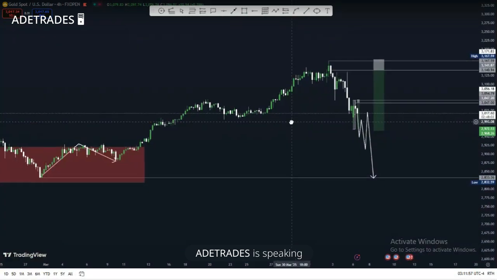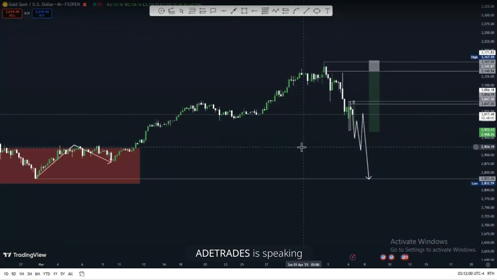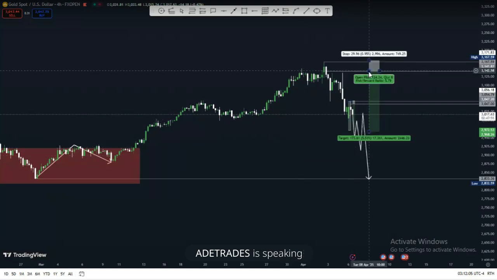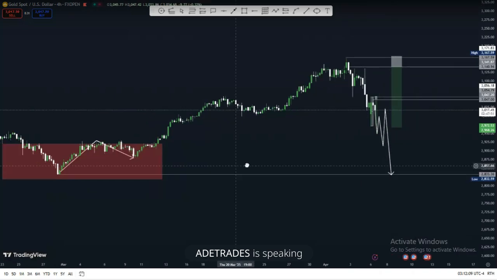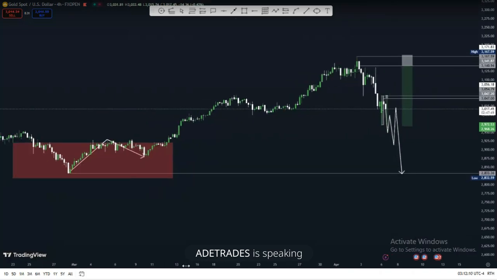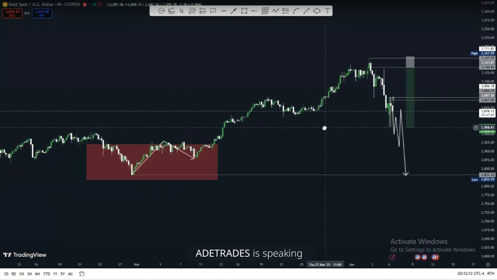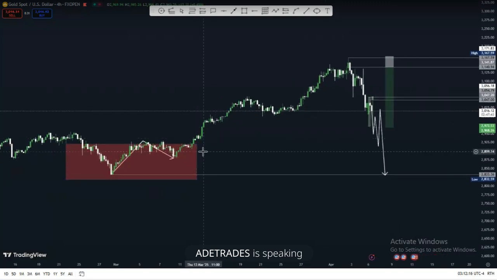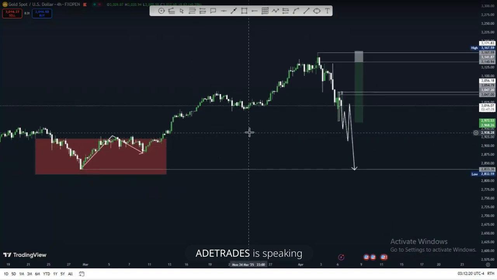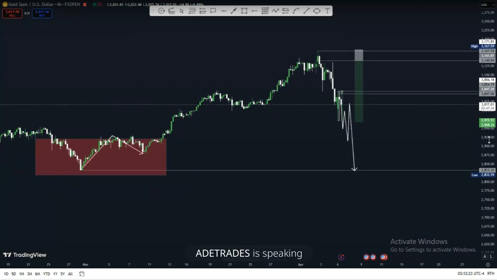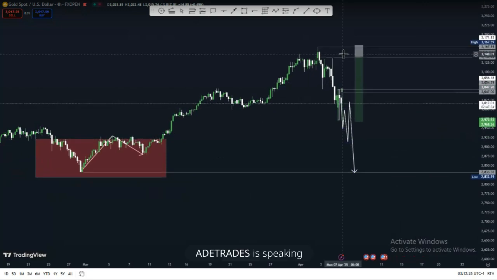So I'm expecting, right, for gold to come back to this area, push these ones out, then drop off to this area. The main thing is just know where price is coming from and know where price is going to, right? Once you know where price is coming from and where price is going to, you're not going to have problems. So, and before gold comes here, a lot of people have made money, and gold might not even come here at all.